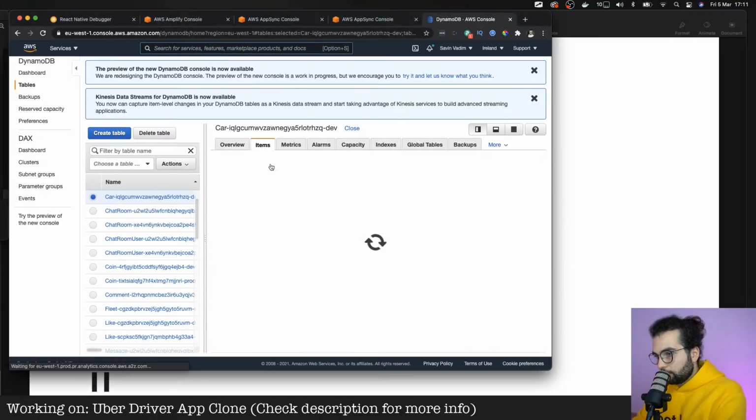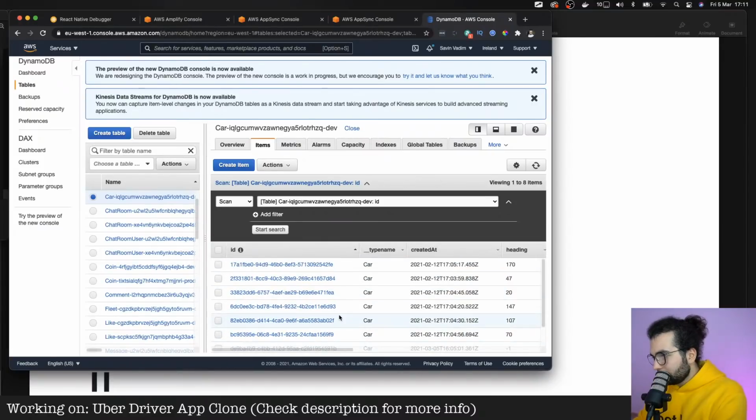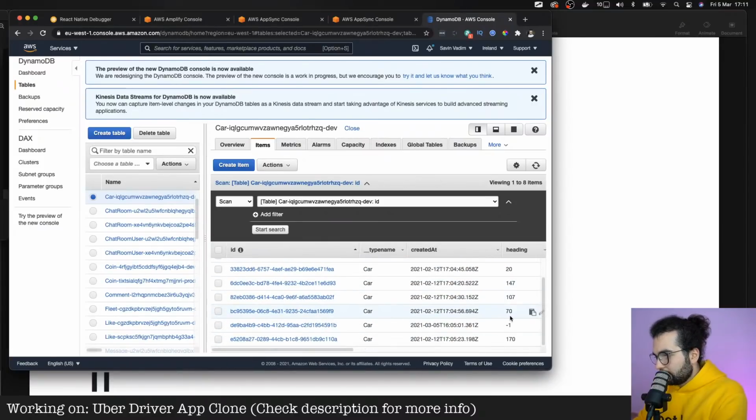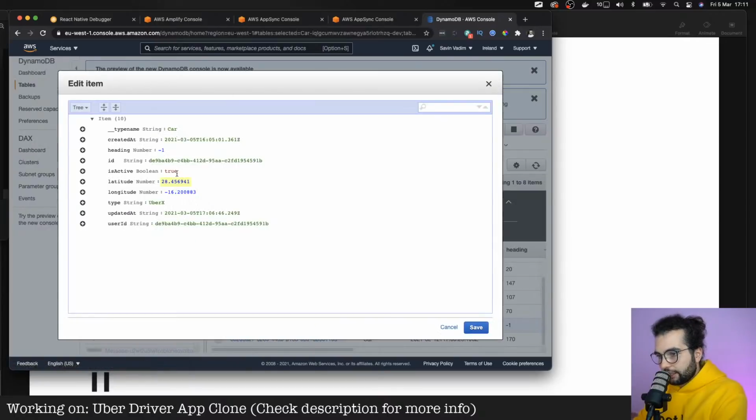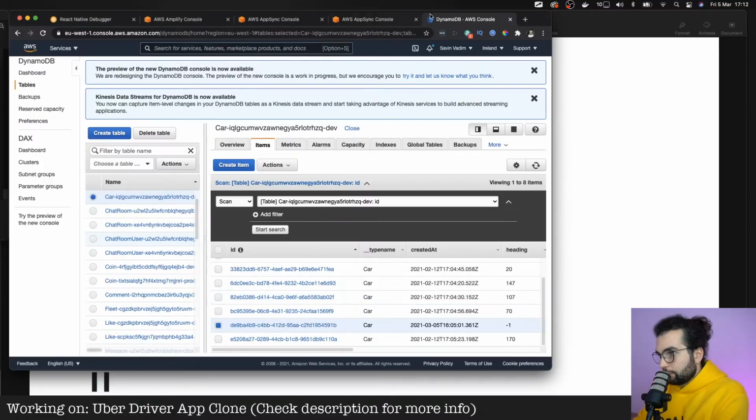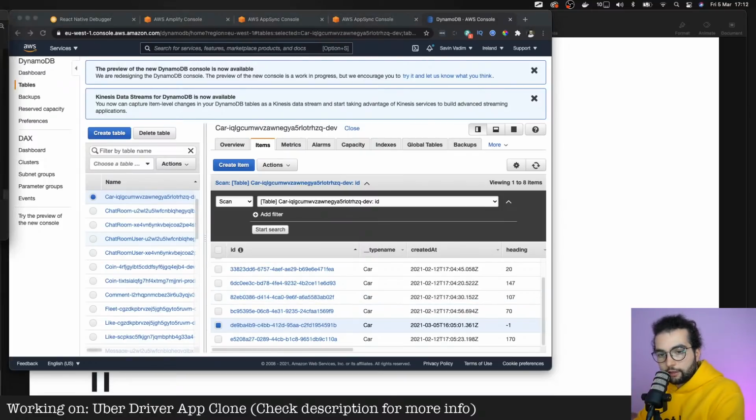Here, if we look at the items, we should see this item with heading 0. I think this is the car that we're looking at. So this was the updated position. This is the database, where we store the information about the cars.